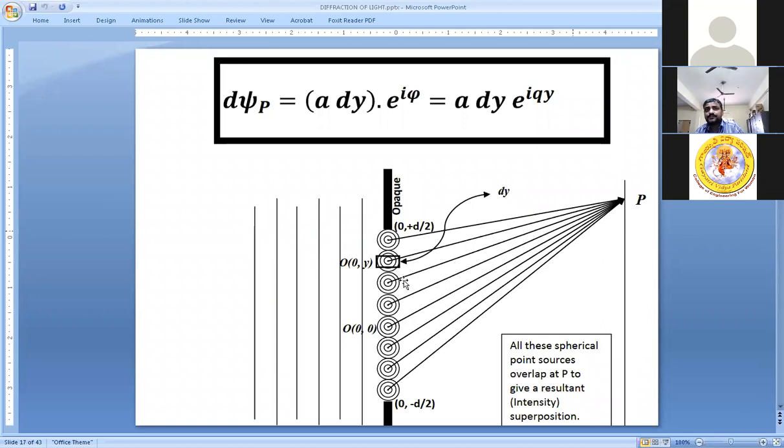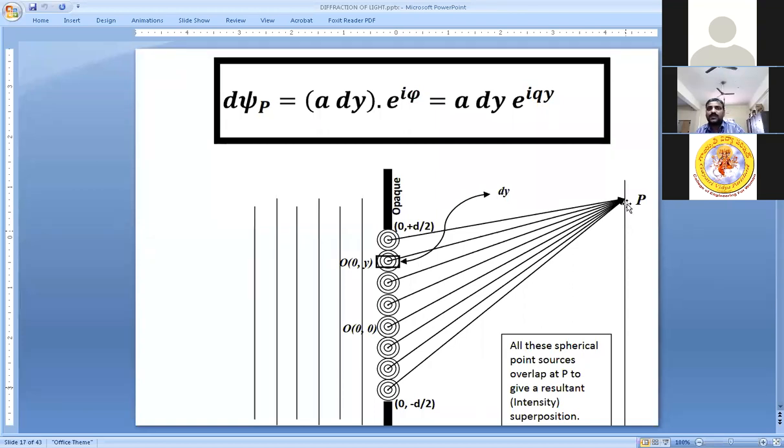Whereas here, in the case of these point spherical sources, you cannot physically count them. There are infinitely many. That's why the superposition of secondary spherical waves, which are infinitely many, will cause the diffraction pattern, and the superposition of two individual point sources, which are easy to distinguish, will cause the interference pattern. Both are basically overlapping of waves, right?